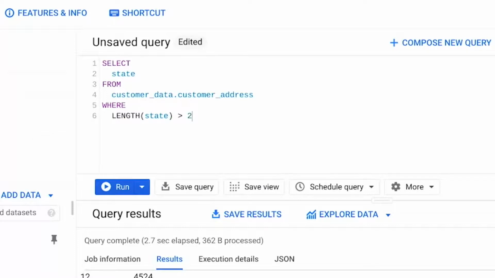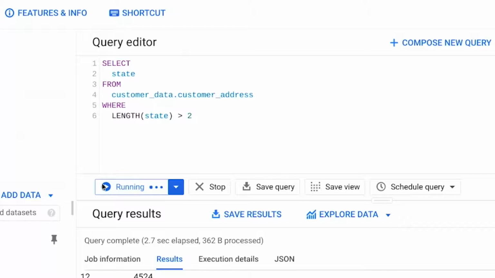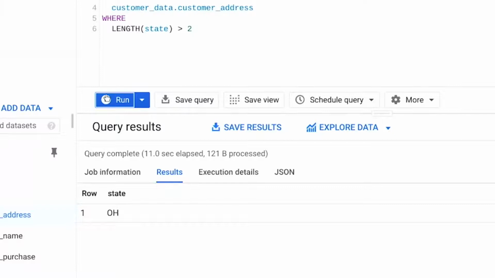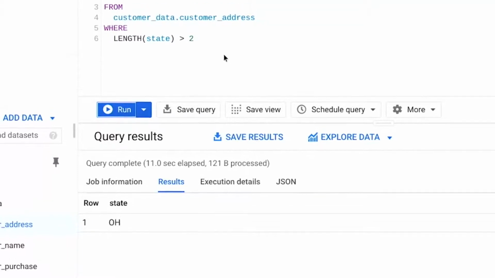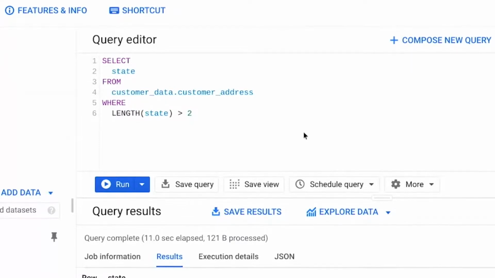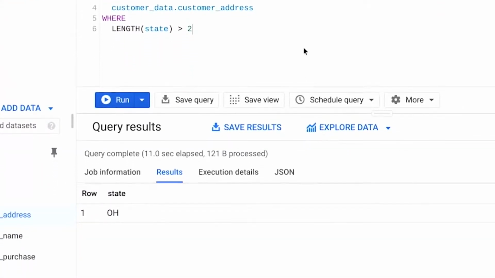We want to figure out what the incorrectly listed states look like, if we have any. When we run this query, we get 1 result. We have one state that has more than 2 letters. But hold on. How can this state that seems like it has 2 letters, O and H for Ohio, have more than 2 letters? We know that there are more than 2 characters because we used the length(state) greater than 2 statement in the where clause when filtering our results. So that means the extra characters that SQL is counting must then be a space. There must be a space after the H.